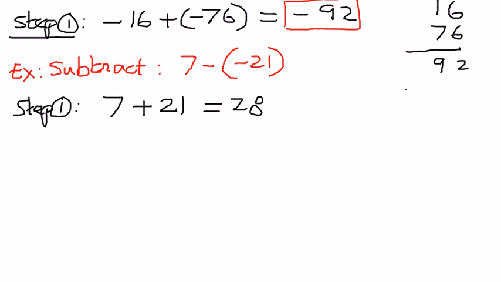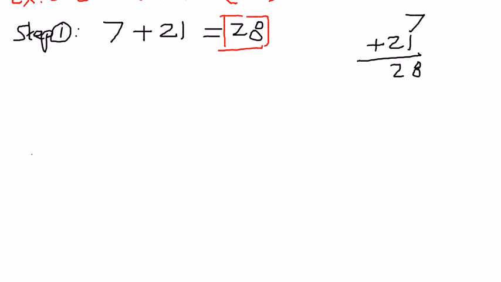So we have 7, and then we're going to add 21 to that. So 7 plus 1 is 8, and then 2 comes down as is. So therefore 7 plus 21 is 28. So we're using the rule, and we are able to simplify these integers as follows. Let's take another example. Let's say this time we want to subtract